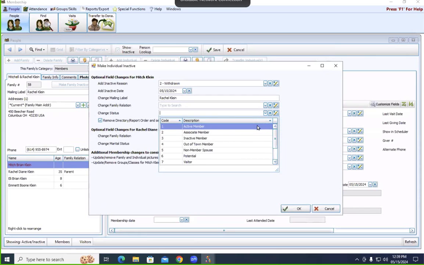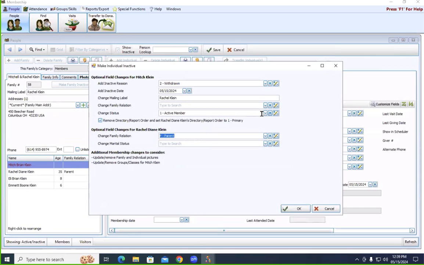If they have a status code currently and you want to change it to something else, you can. You can change it to inactive. Or you can leave it at active member if that's what they were when they left. And then you would know at that time if you ever need to run a report of how many active